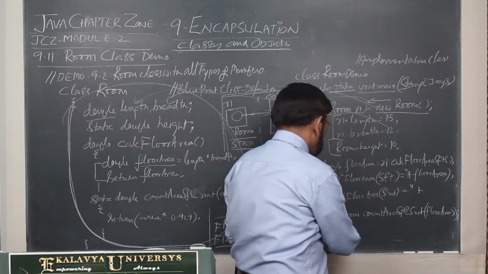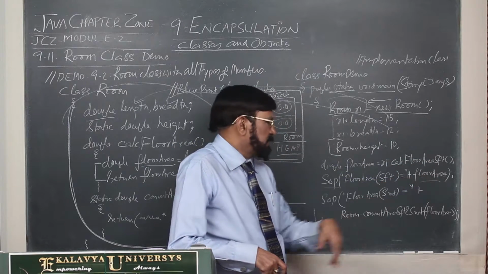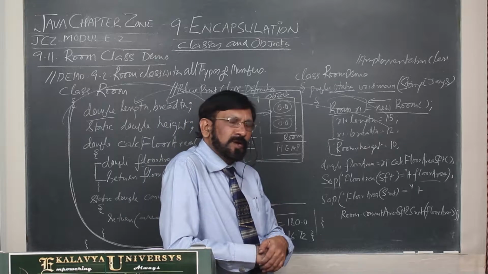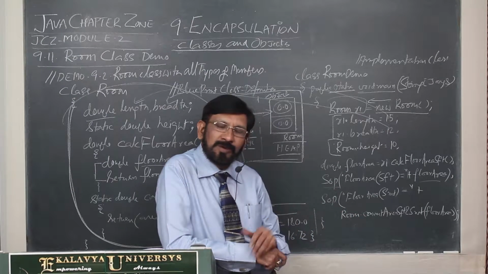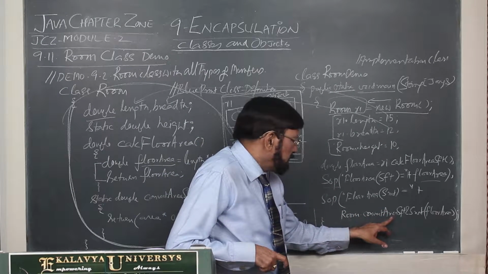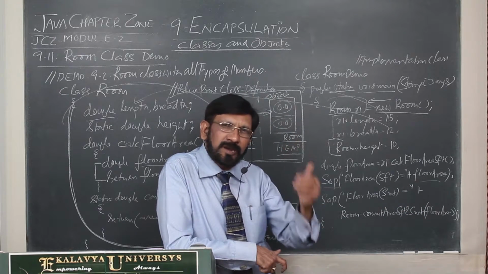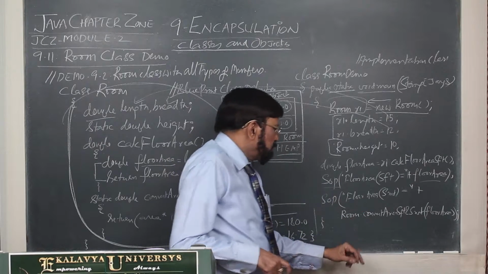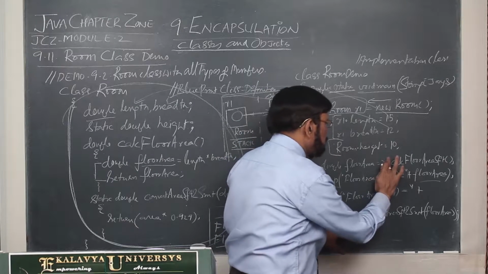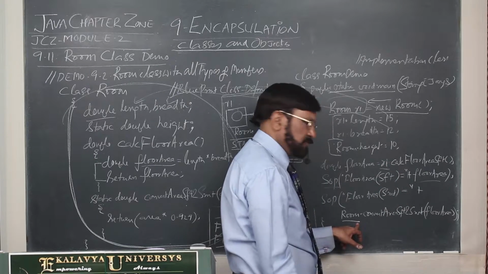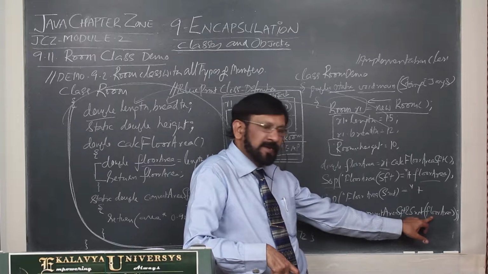Thereafter, we are writing using the SOP statement the floor area in SFT. This is the floor area in SFT. Thereafter, we have to convert the area in SFT into area in SMT. For that purpose, we are calling convertAreaSFTtoSMT. What type of method is it? Static method. Static method means class oriented method. So what we did, just understand that. Here the class name we have used, and there the object name we have used. So we are calling this, and we have to pass the floor area.